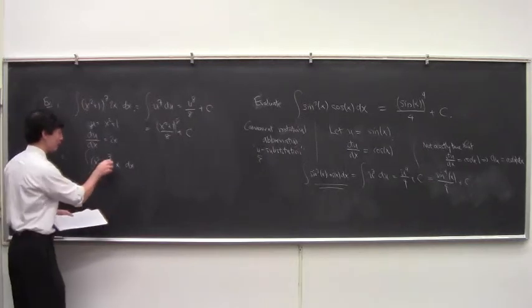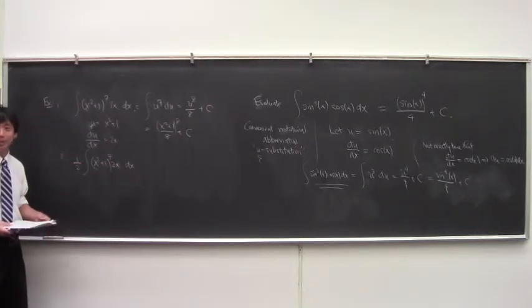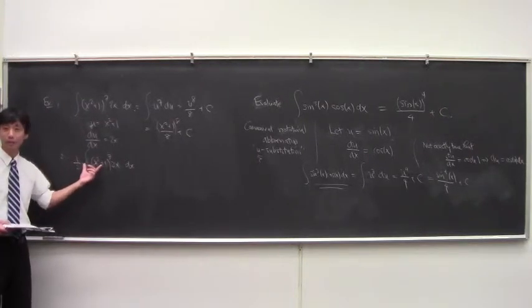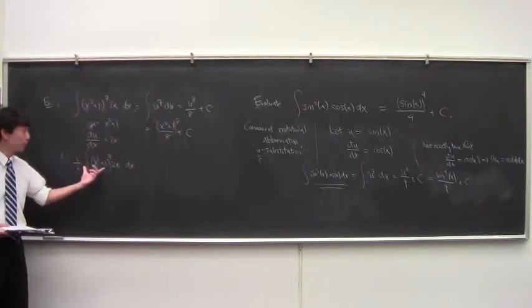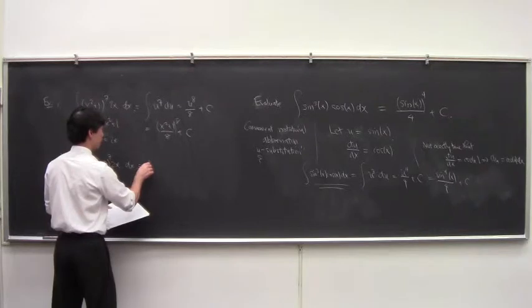Here's what I'm going to do. I'm just going to put the 2 in. But I can't just do that whenever I feel like it. So let me also put a 1/2 here. So I'm multiplying by 1. I multiply by a clever choice of 1, and then at the end, I'm going to get 1/2,